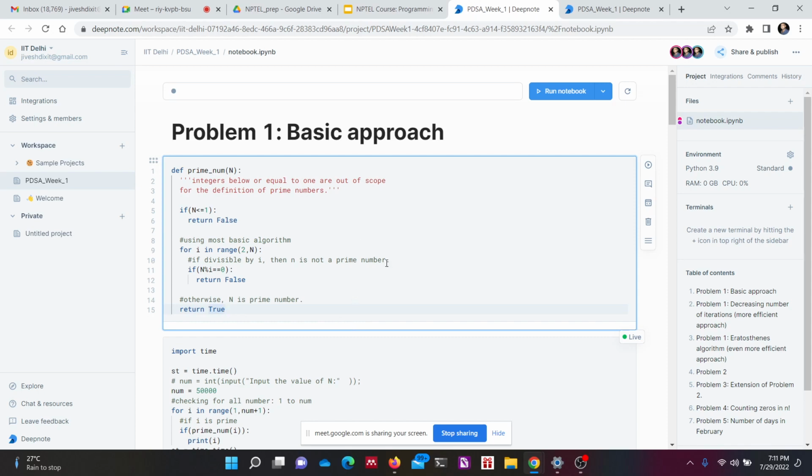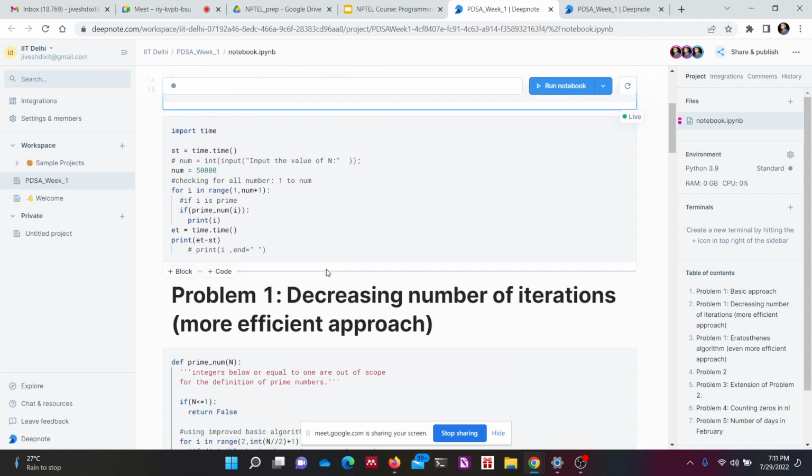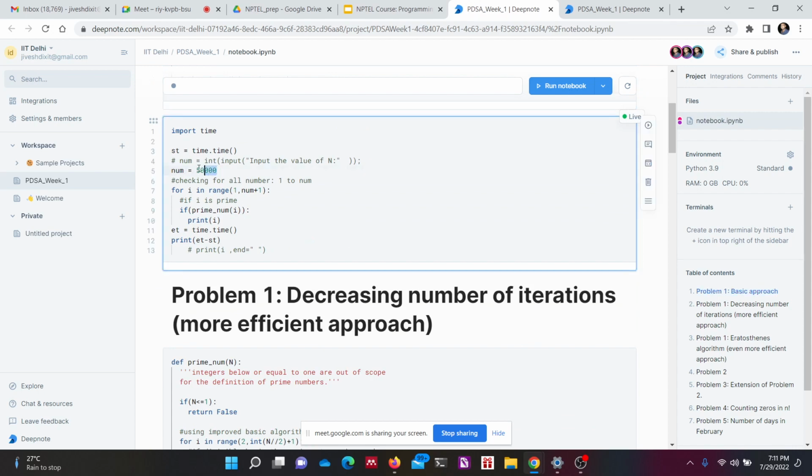But now we want to calculate all the prime numbers that are below n. For that, what would we do? We will define the number we want. We will initialize with a number. Let us say we want to calculate all the prime numbers that are below 50,000. I have taken this large number with some intent, and we'll see why. We can take even smaller numbers so that our computations are faster if we are just checking how the algorithm works. So I have initialized num equal to 50,000, and now I will check for